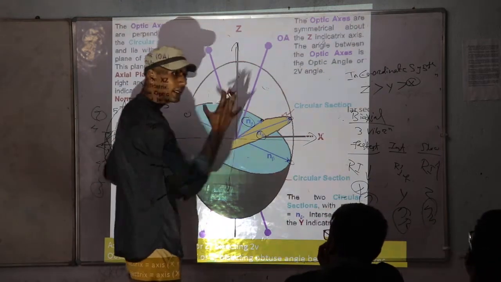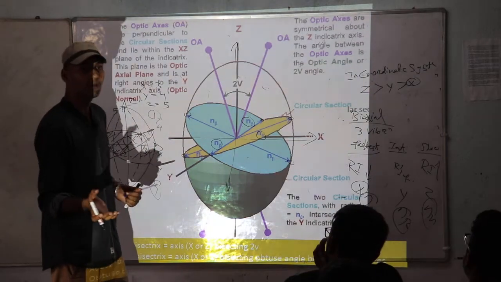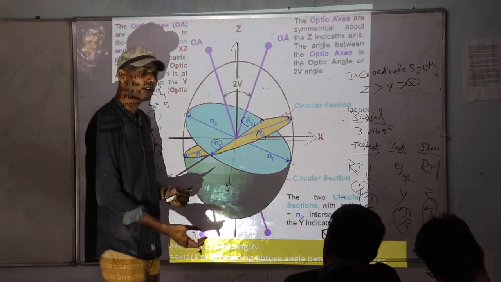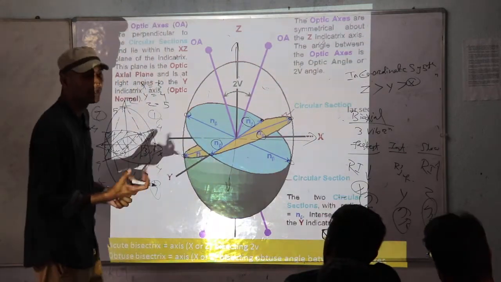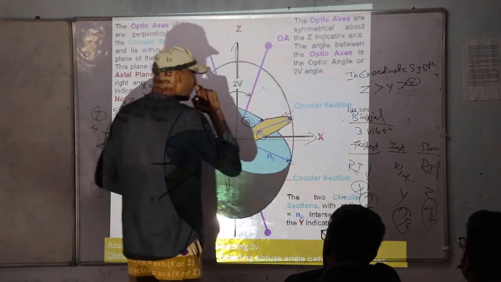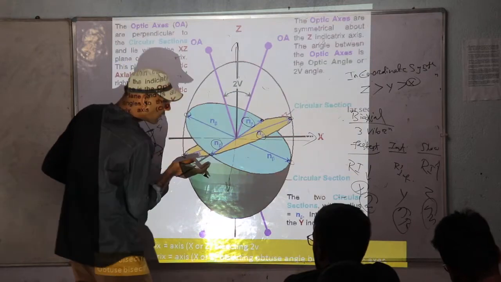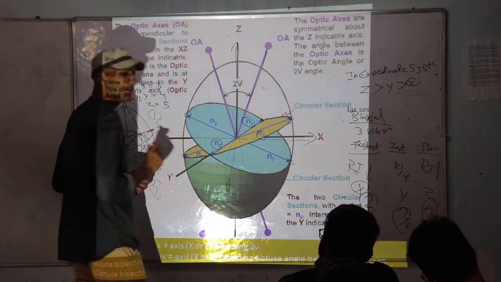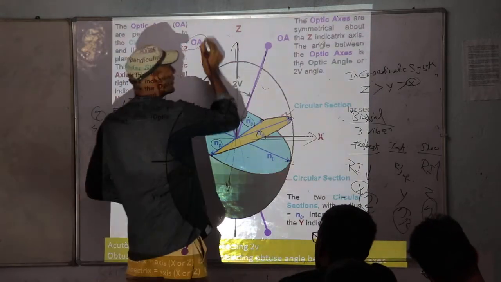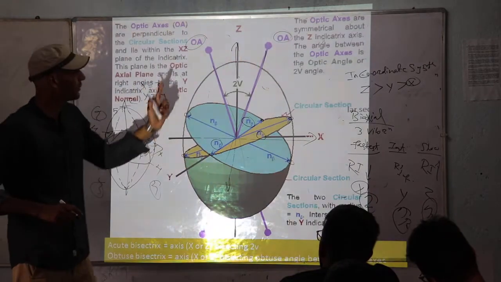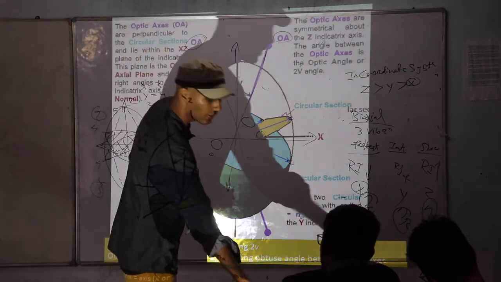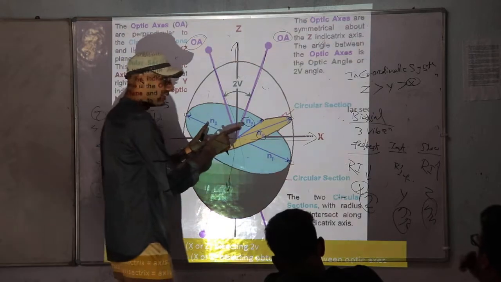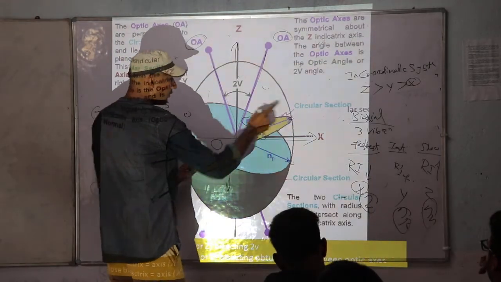With radius n beta. It can be asked in a question what is the radius of the circular section in case of a biaxial mineral. That should be n beta. What is the radius of the circular section in a uniaxial mineral? That will be omega. Okay. So you can see here, if I take a perpendicular to this section, this will be a perpendicular. If I take a perpendicular to this section, this will be a perpendicular. So this is one optic axis, this is one optic axis, because I am getting the optic axis perpendicular to the circular section. So we are getting 2 optic axes perpendicular to 2 circular sections that are drawn by taking opposite quadrant values and y.